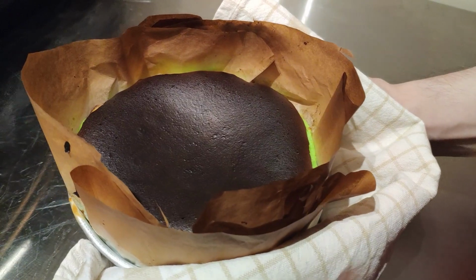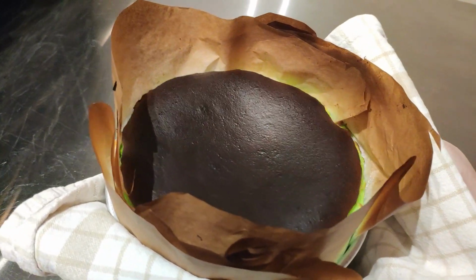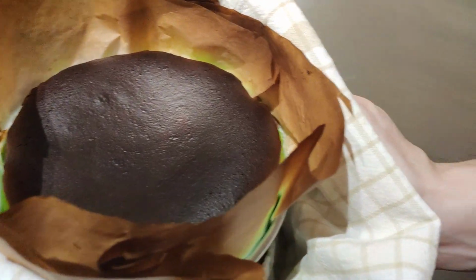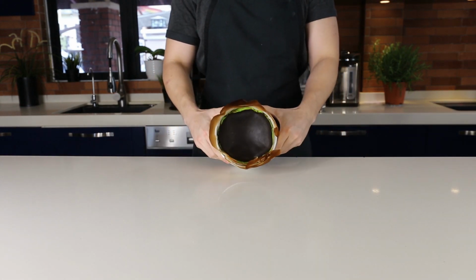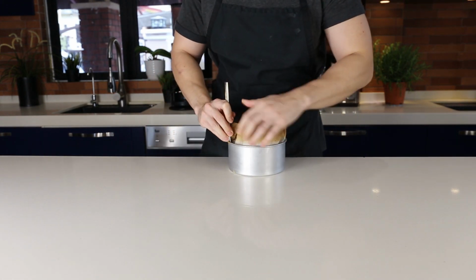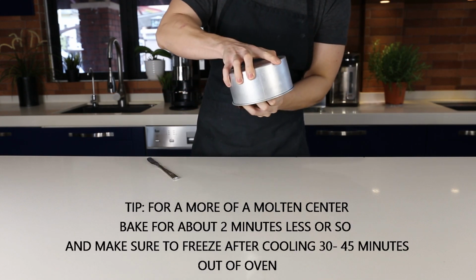I already prepared one that's chilling in the fridge overnight, but when it does come out of the oven, you want to make sure it wobbles like this. Wobble jiggle jiggle. And set it aside to cool for 30 minutes before chilling in the fridge. So this is already really very chilled. So it's quite stiff and easy to come out of the tin,